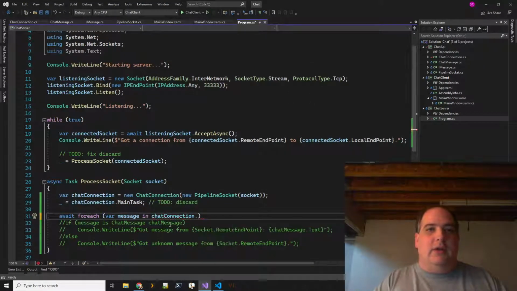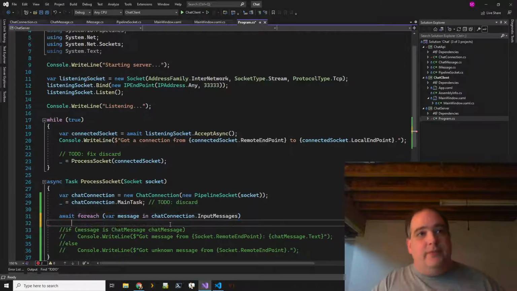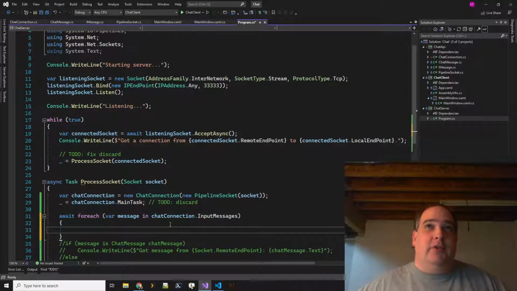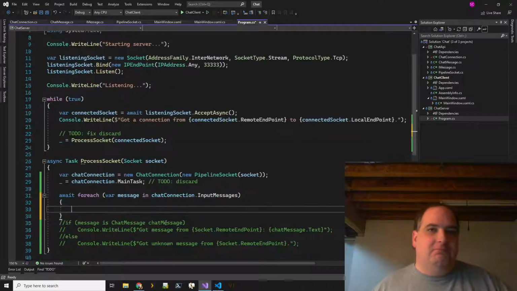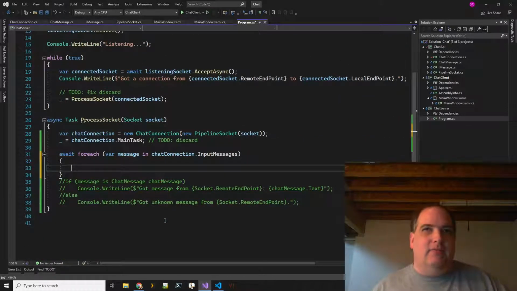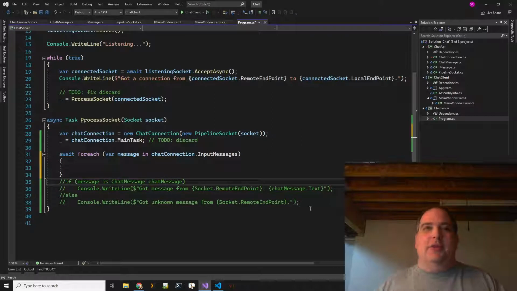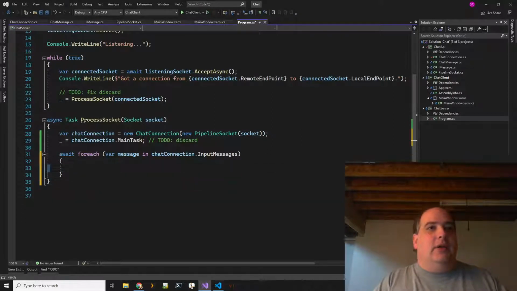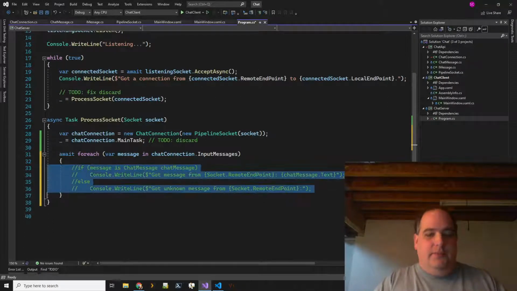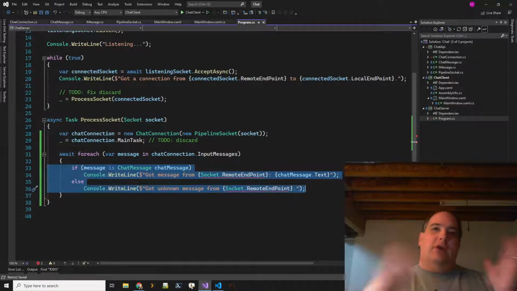Now we're going to read these input messages. And this assumes that there's only going to be one reader, which is a valid assumption, I think. I'm trying to think of a case where you'd ever want multiple readers on a single socket connection, and nothing is coming to mind. I think that the input messages here as a property is fine. So now we can actually do our processing. We've moved our processing out of that